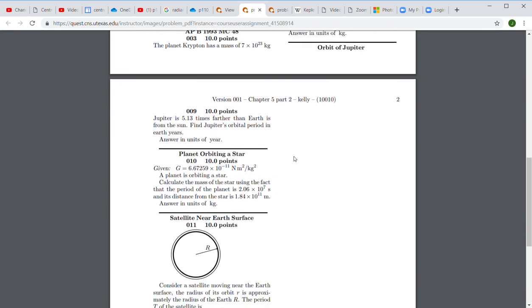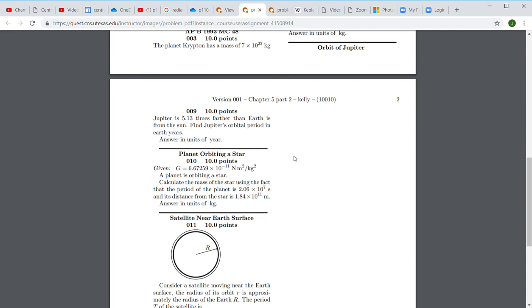Problem 9, orbit of Jupiter. Jupiter is 5.13 times farther than Earth from the Sun. Find Jupiter's orbital period in Earth years. This again we could solve using Newton's second law along the radial direction for the orbit of Jupiter, but instead